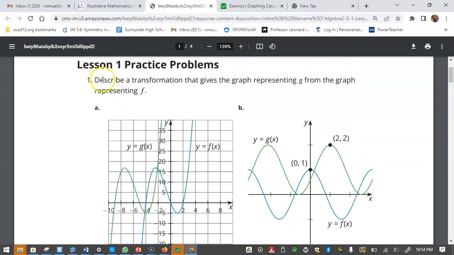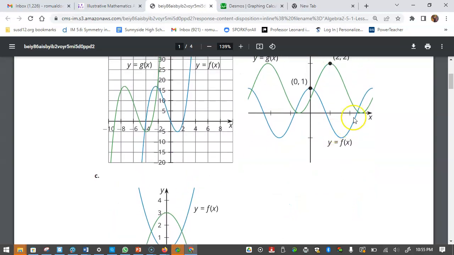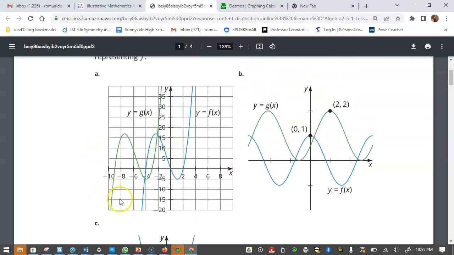In the first question, describe a transformation that gives the graph representing g from f. So f is the original graph, the blue color. In each of these 3 graphs, the blue color is the original graph. And then the question is, how did we get the green graph? If you see this, there's a green graph there. So how did we get that graph? What's going on here? Before we